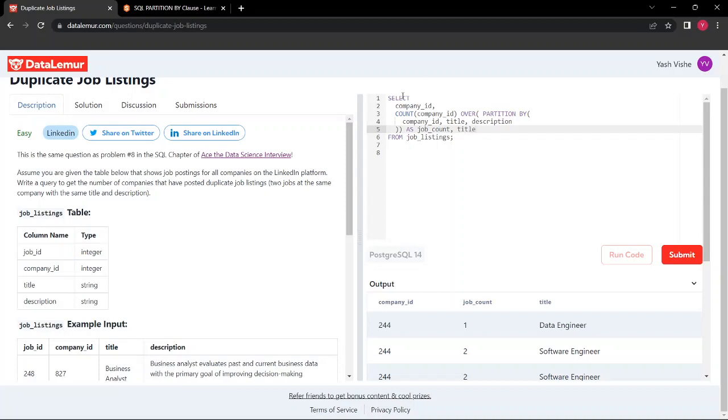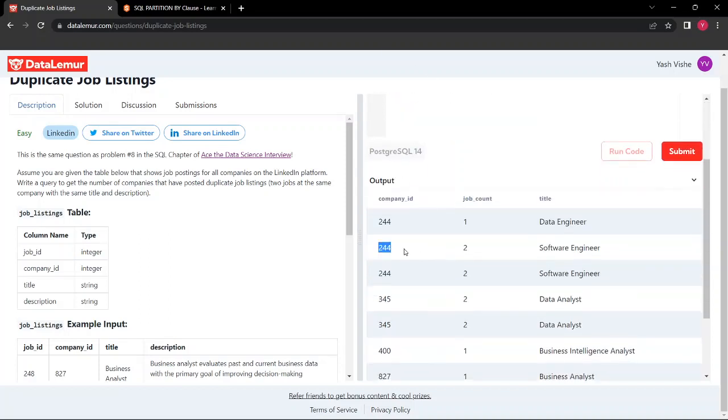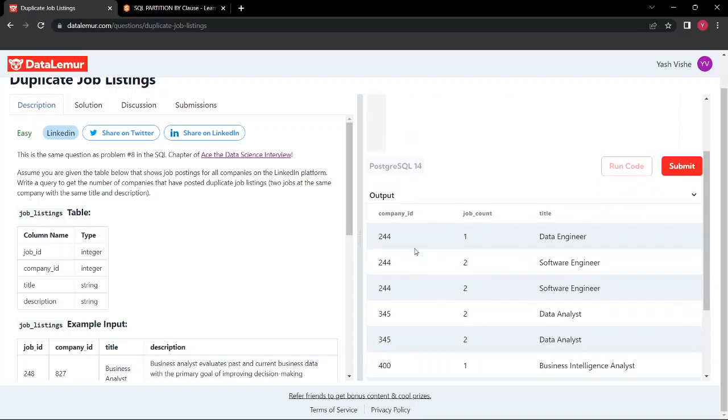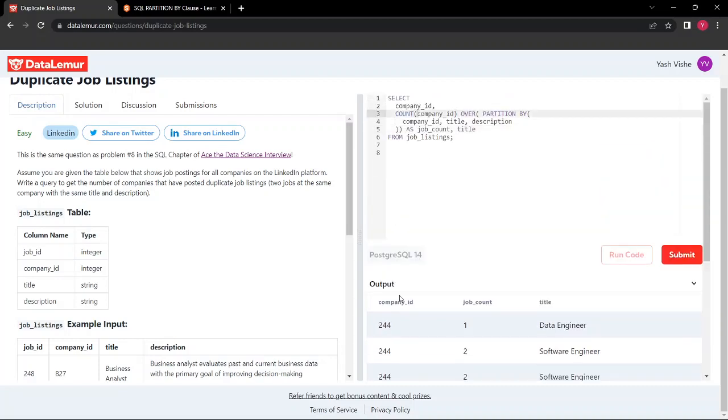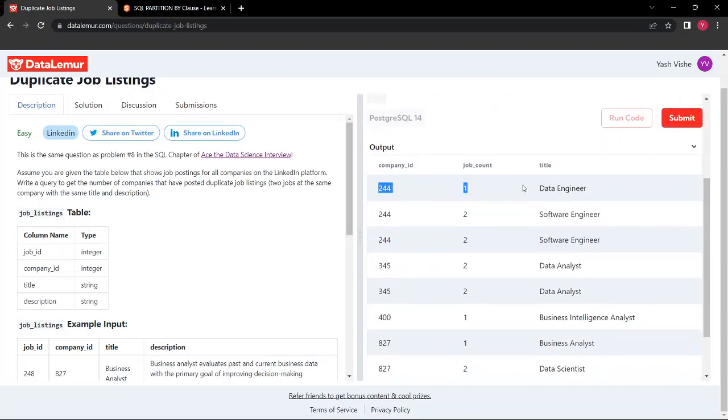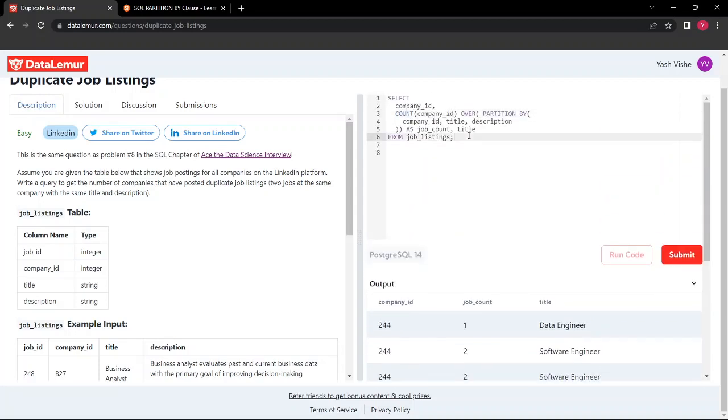So what this query is doing is giving this thing two. What this two represents is two software engineering jobs posted by this company. The solution for this could be DISTINCT if we write distinct here, but this will also eliminate this other row. We don't want that to happen. We want only one of these. We don't want this second column here. Since we can't add distinct over here,